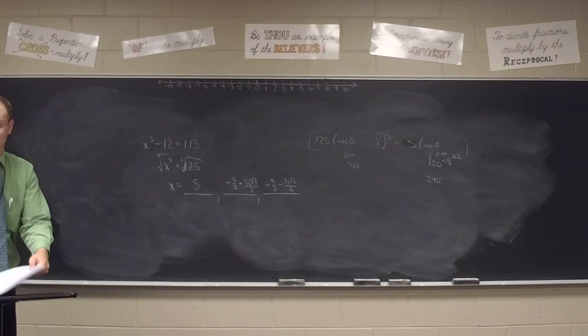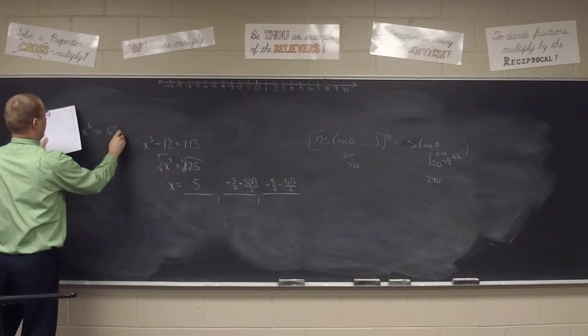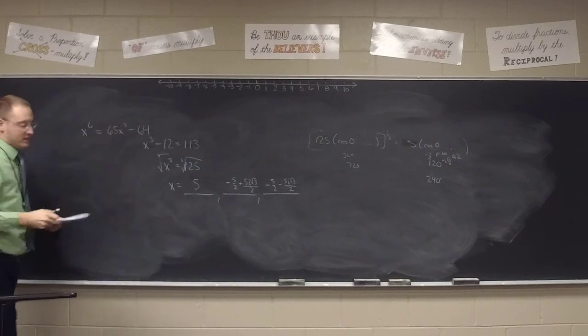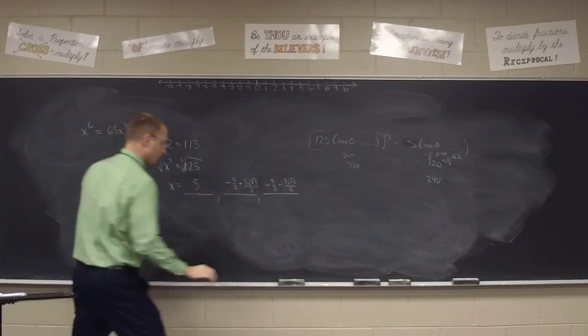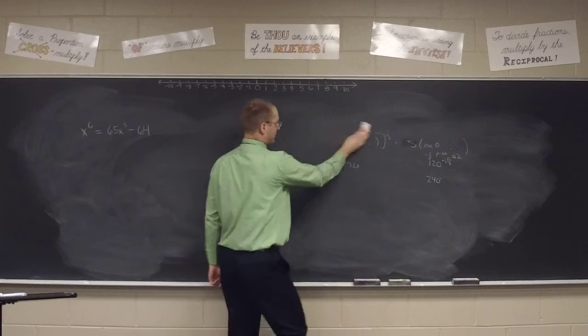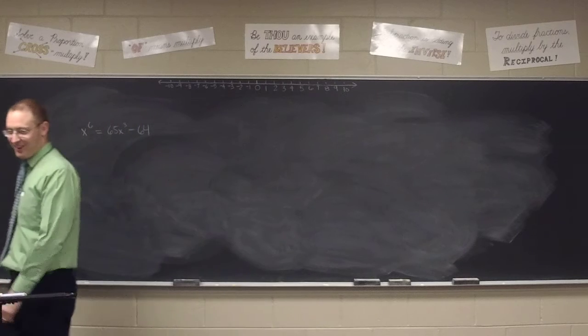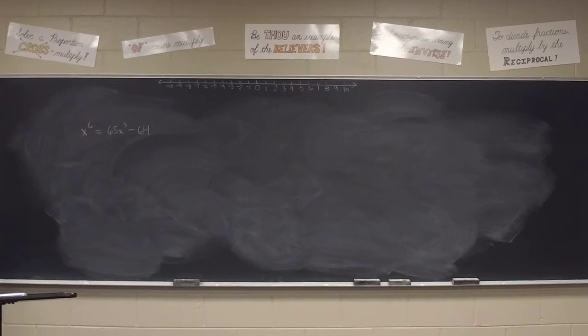All right, write this one down. X to the 6th equals 65x cubed minus 64. I'm actually not sure if there is a name for a 6th power equation. There probably is some cool name, I just don't know what it is, and frankly don't care enough to look it up. But we got the 6th power equation, which means I should have 6 answers. Now the difference here is it's not what we would call incomplete form, where we isolate the 6th power, take the 6th root. It's in a complete quadratic look, where I need to set it equal to